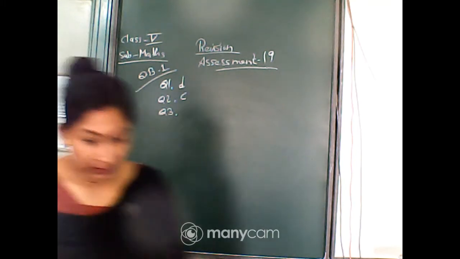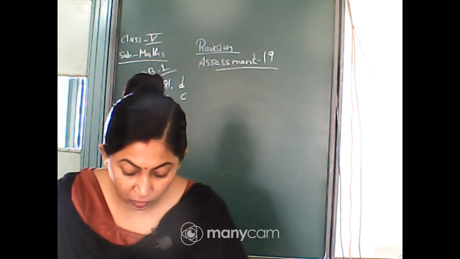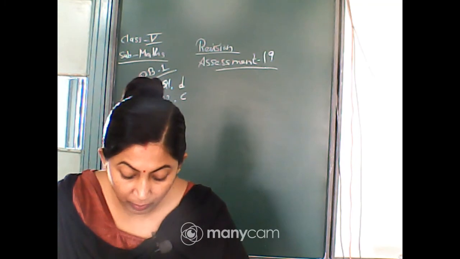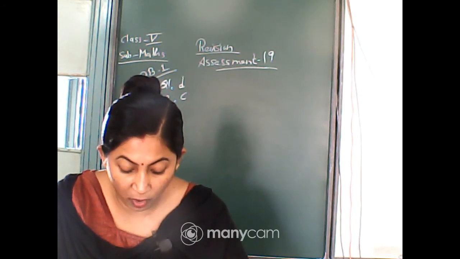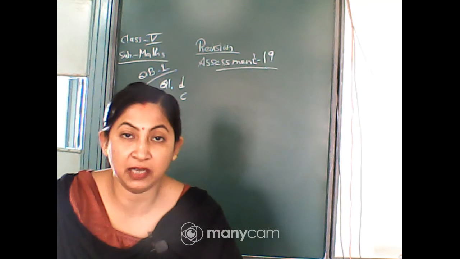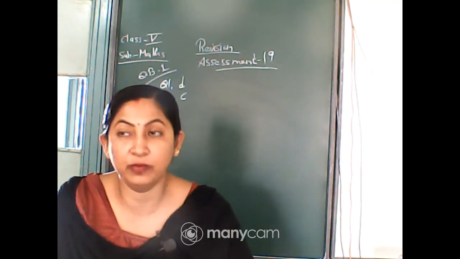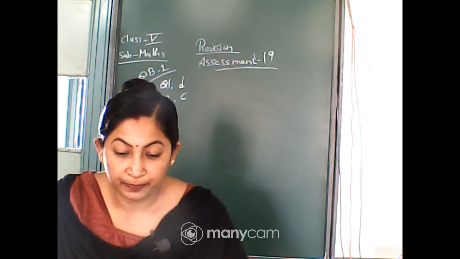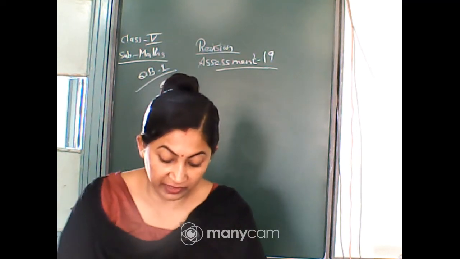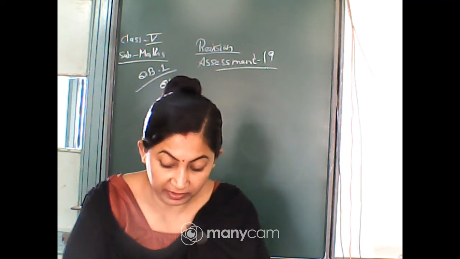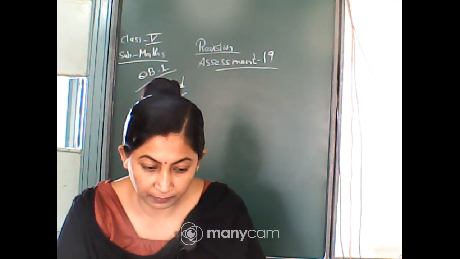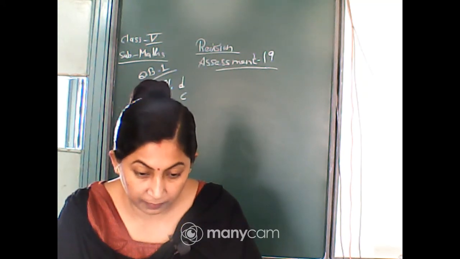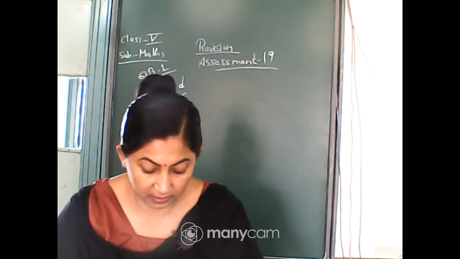Sorry students, it will be option number B. Question 4, option number B, box B. Okay. Now come to question number 5. The volume of a cube of side 6 centimeter is, now 6 centimeter is the side, find the volume, that is 6 into 6 into 6. It will be, yes, 216. Yes, you all have given the correct answer.